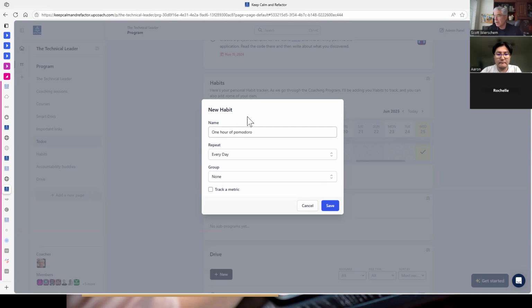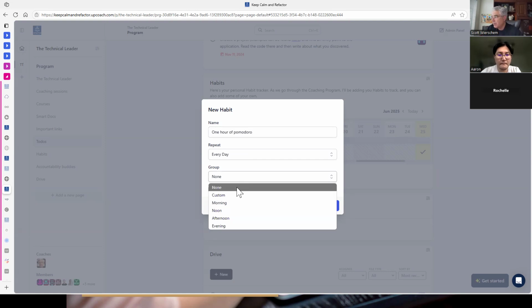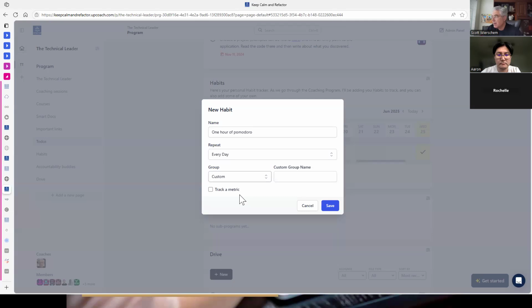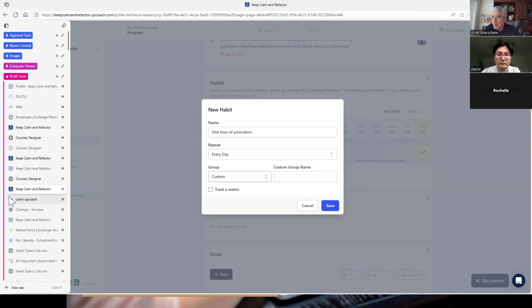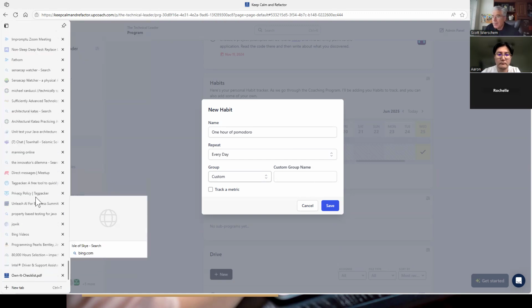Pomodoro, every day. Is that the one where you do things for a set amount of minutes and then you have a break for a set amount of minutes and then you do things again? Yeah. I've seen YouTube music playlists that are timed specifically for Pomodoro.